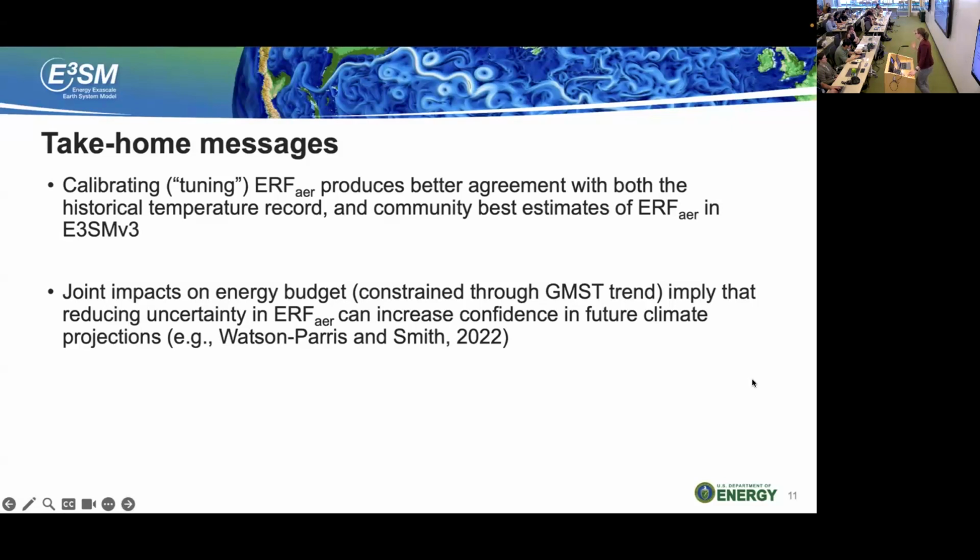Although this is a bit controversial in the community, I think there is a strong case to be made for why that is a justifiable thing to do. And by doing that, we were able to achieve a better agreement with the historical temperature record while also bringing our aerosol forcing in line with community assessments and best estimates from observations. So that's the end of my talk.